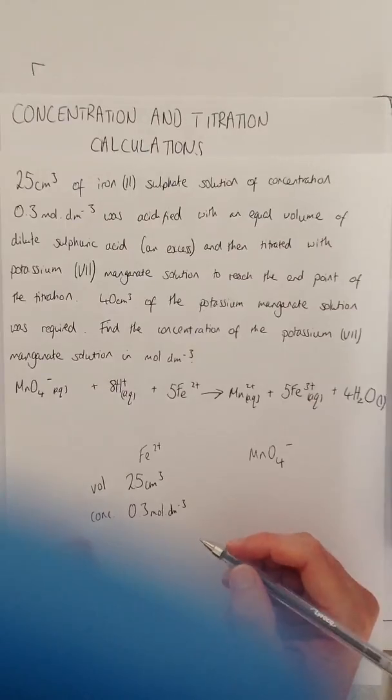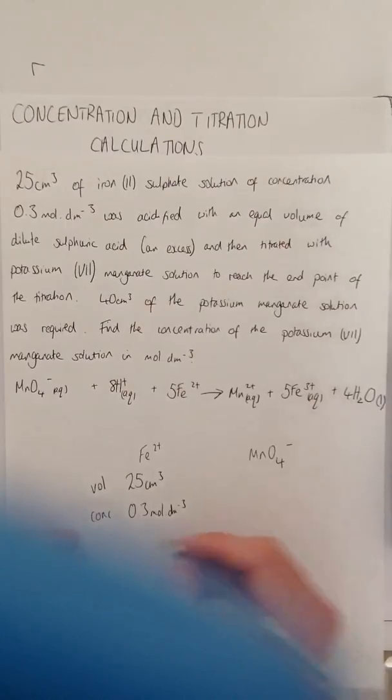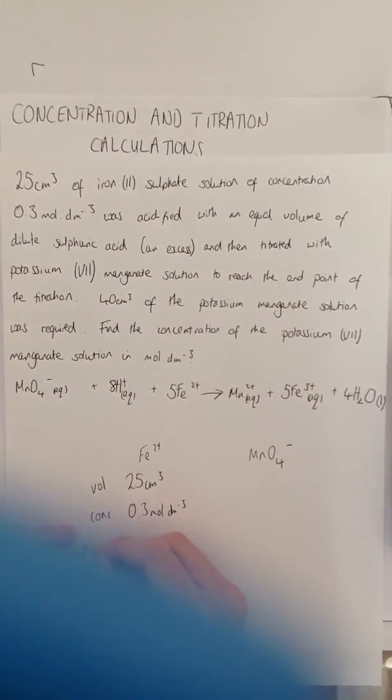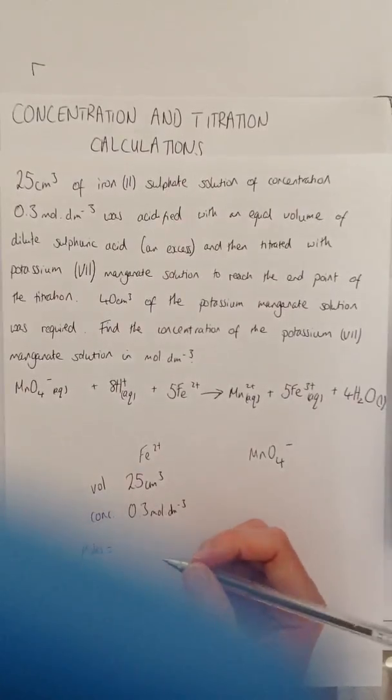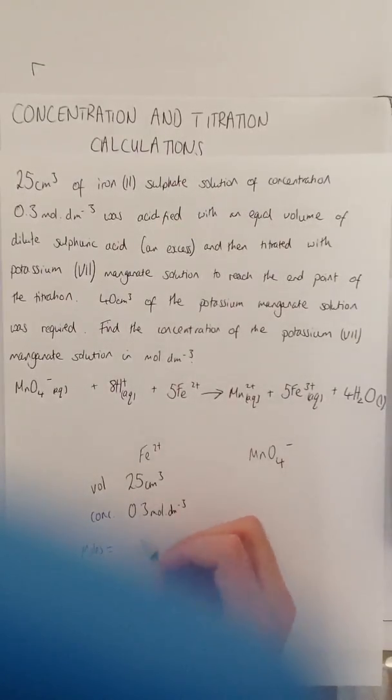From this we can calculate the number of moles. Moles is equal to concentration multiplied by volume, so 0.3 multiplied by 25, remembering to divide this by 1,000. This gives us 0.0075